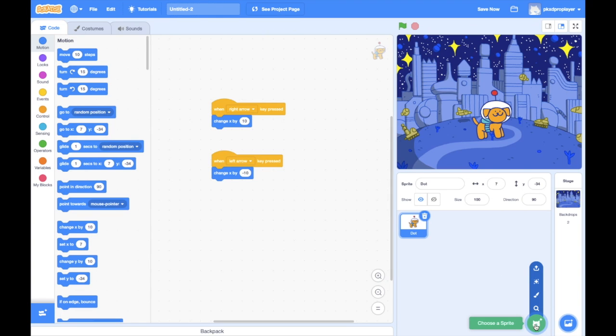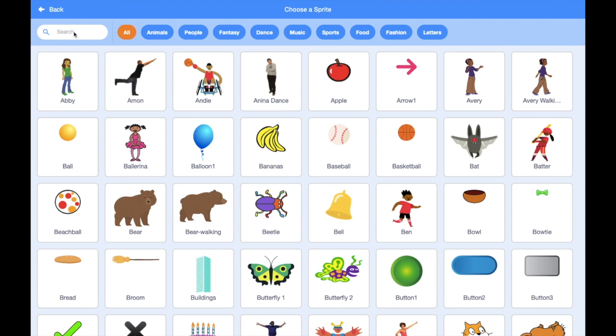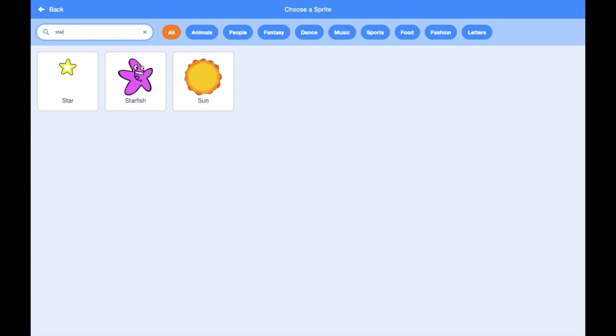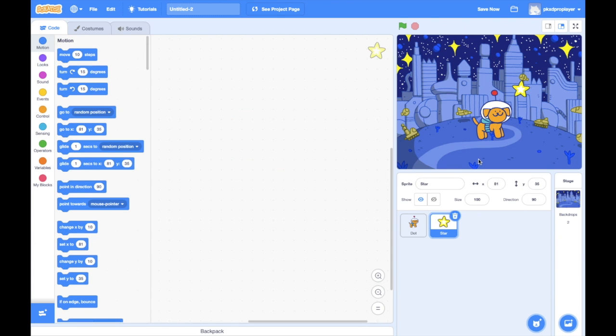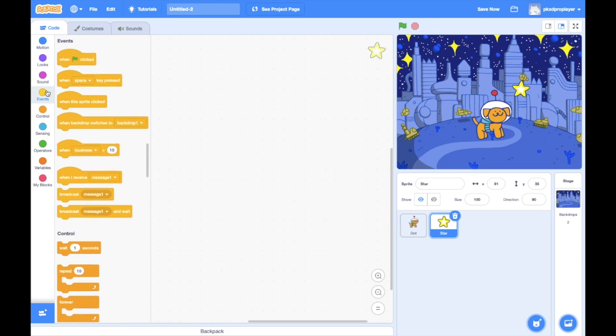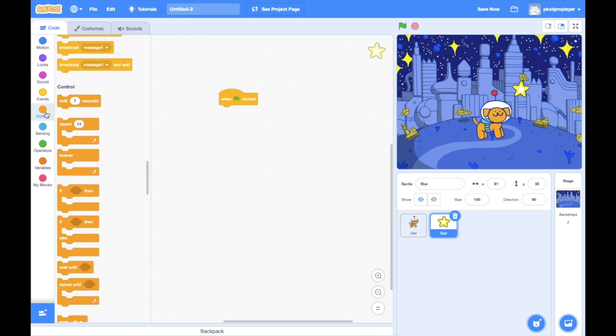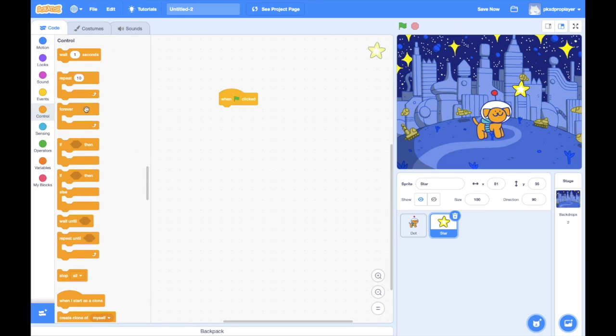Then get a new sprite. I am choosing the star. You can choose any one you like. Now let us add some code to it. So go to events, choose this block when green flag clicked, then go to control, choose the forever block here, drag it,